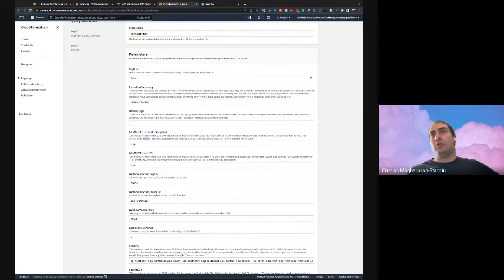So what we can do is, when we provision the GP3 volume, we can configure the throughput and IOPS to match the GP2 burst throughput. What that allows us is to get the same performance from the GP3 volumes.